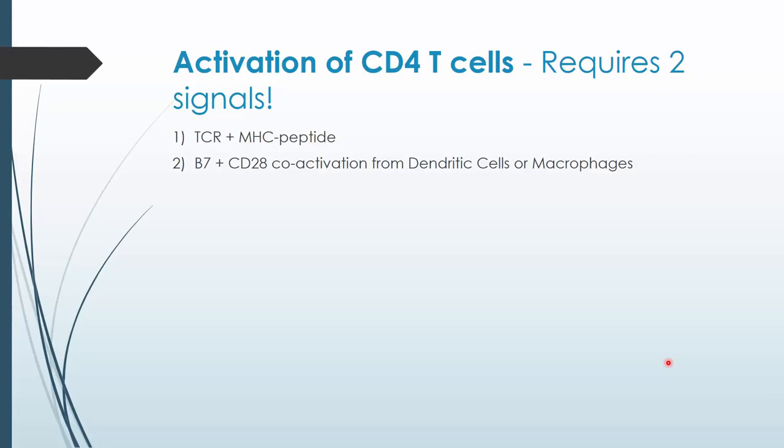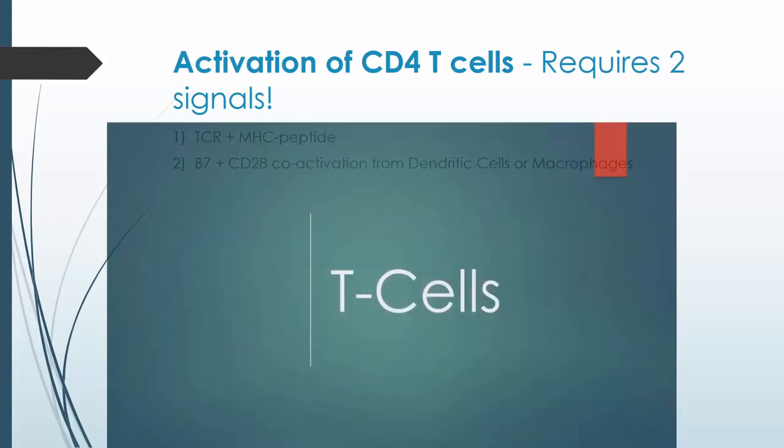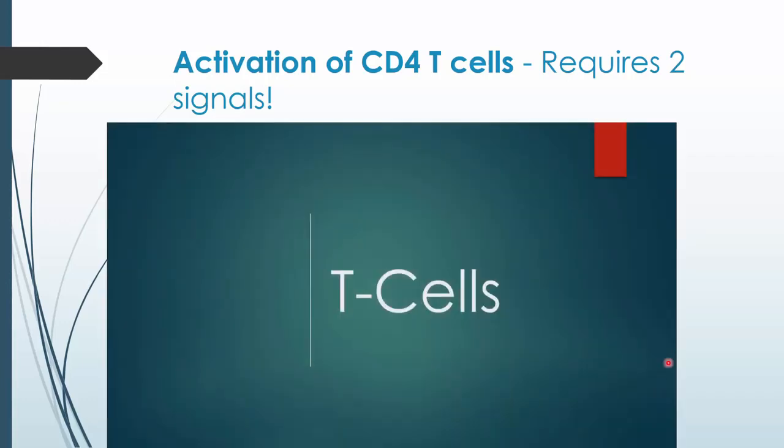Activation of the adaptive immune response, be that a T cell or a B cell, requires two signals. It requires its T cell receptor for a T cell and some sort of a co-activator signal, okay? For T cells, this co-activator is B7 and comes from dendritic cells or macrophages. So we're going to look at this quickly with a little animation. So T cells,